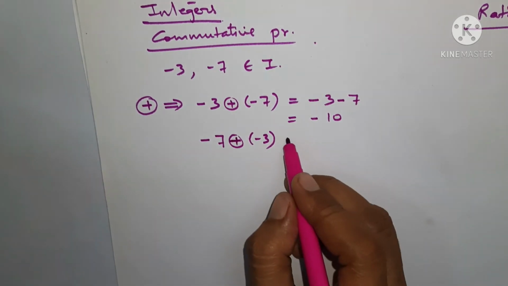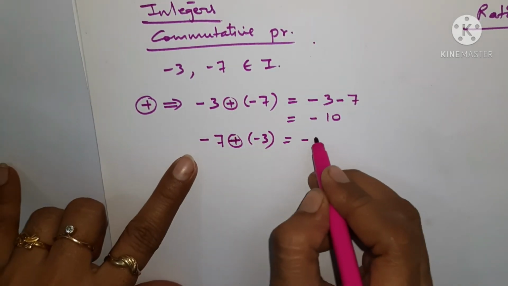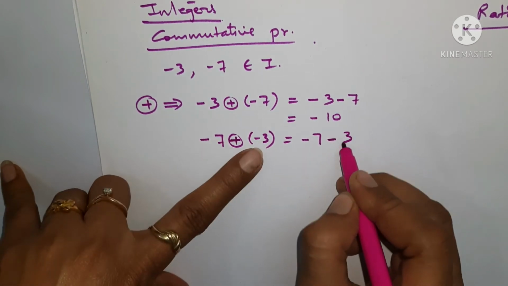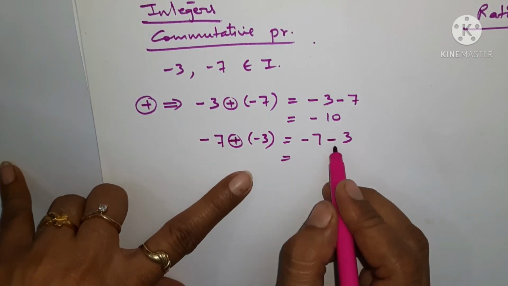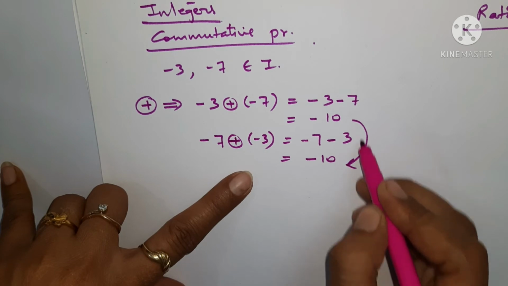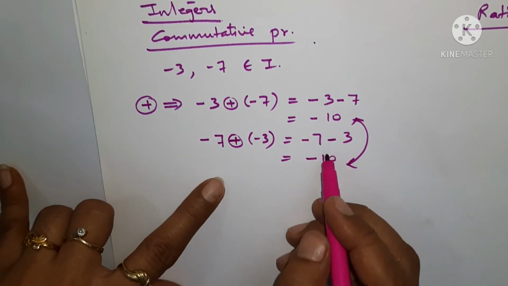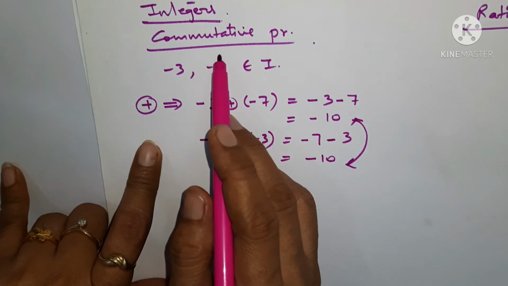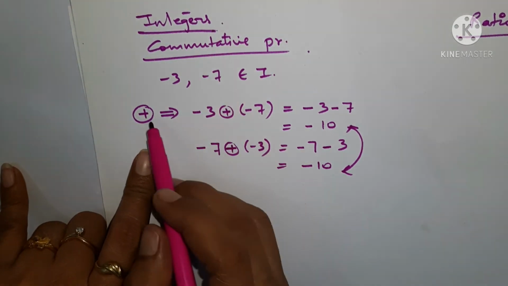प्लस का. अब इस प्लस के ऑपरेशन में यहाँ देखते हैं. It is -7 plus into minus, again it is minus and then 3. Since they are having the same sign, it means you have to add them up. You will get -10. You can see that both the results are same. It means addition is possible in case of integers. That means commutative property is applicable in case of integers for the